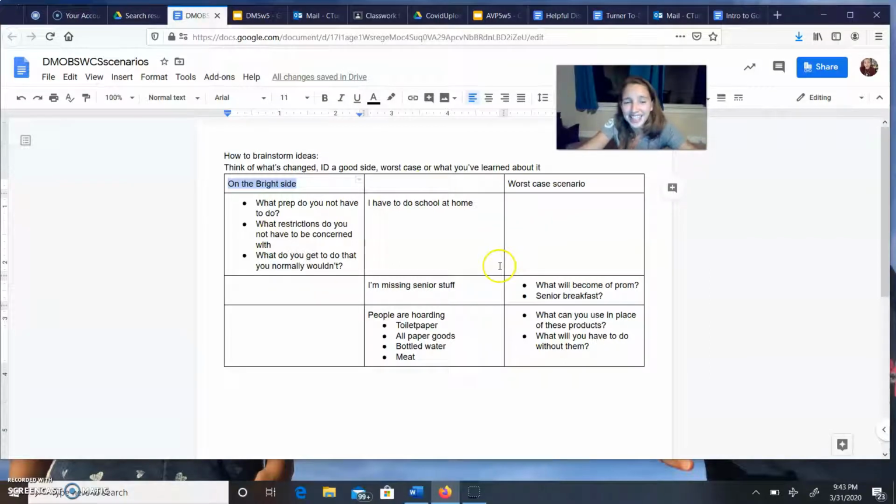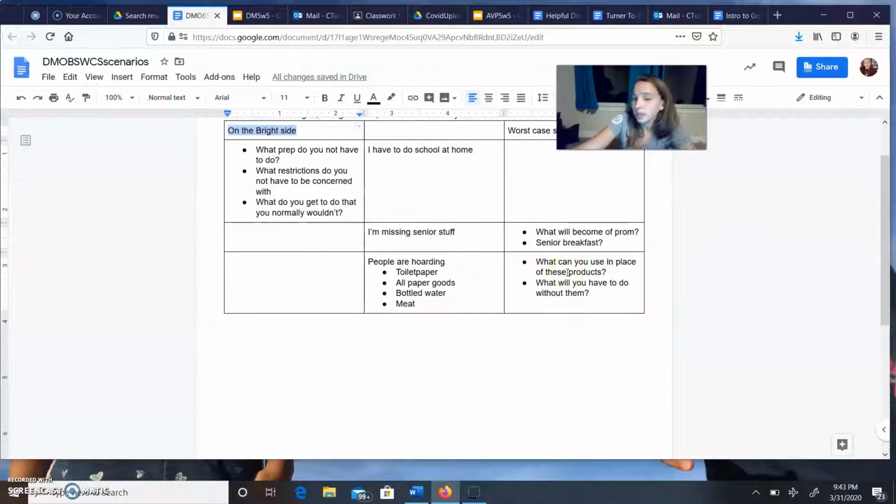That's me. I'm missing senior stuff is a bad thing. So you'll probably, worst case scenario with that. Worst case scenario, we have prom on Google Meets. Worst case scenario, we have senior breakfast without green eggs and ham because there's no eggs, so worst case scenario, we meet at homecoming for senior breakfast or something. But how could you put that on video? So with whatever idea you think, could you get some seniors together to act out that on video?